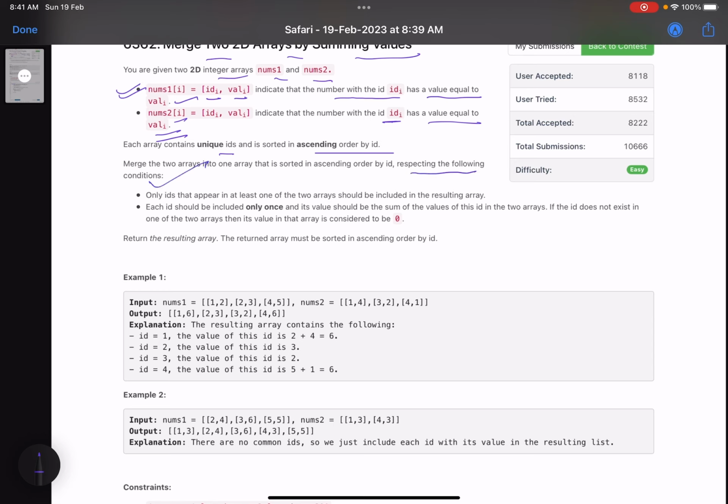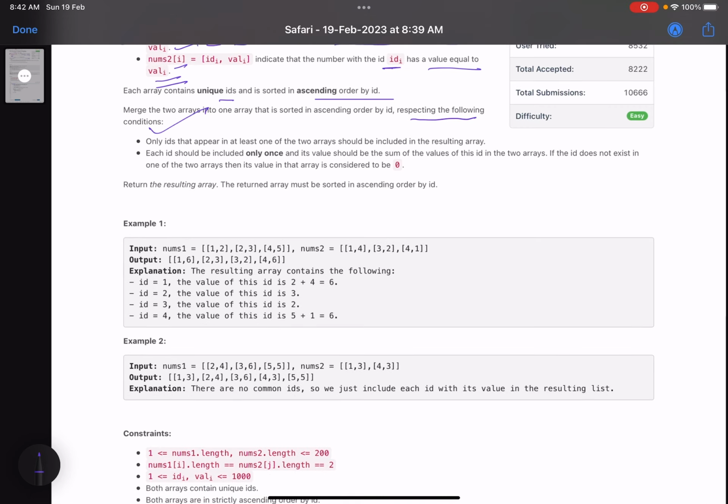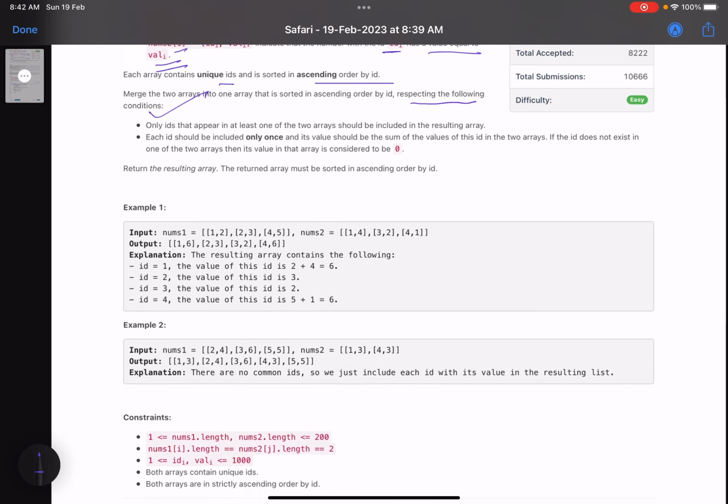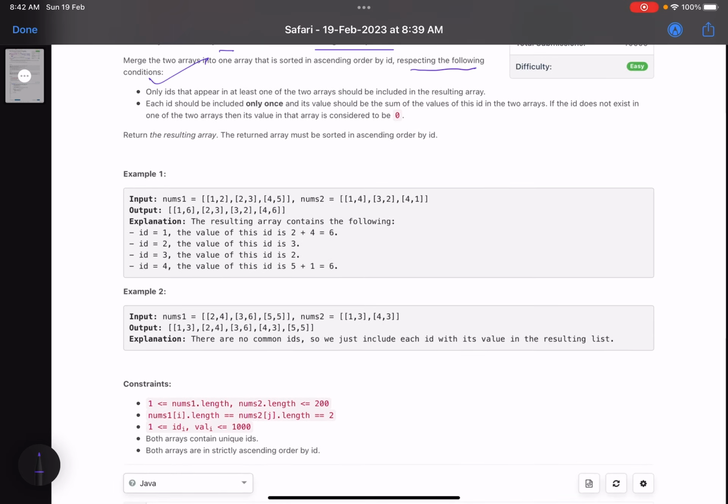respecting the following conditions. What are those conditions? Only IDs that appear in at least one of the two arrays should be included in the resulting array, and each ID should be included only once, and its value should be the sum of values of this ID in the two arrays. Now if the ID doesn't exist in one of the two arrays, then the value in that array is considered to be 0. So yeah, I know, pretty long problem statement, but in a nutshell it is trying to say that you are